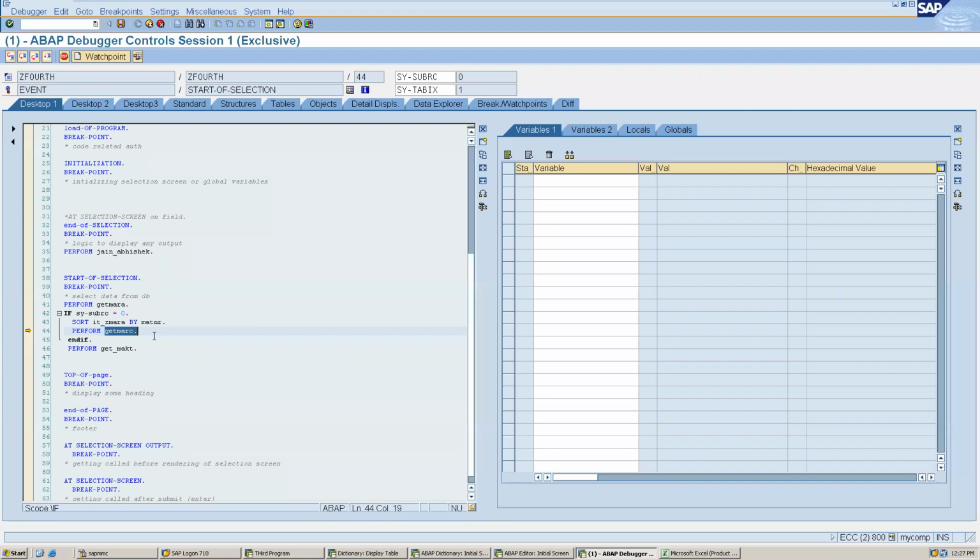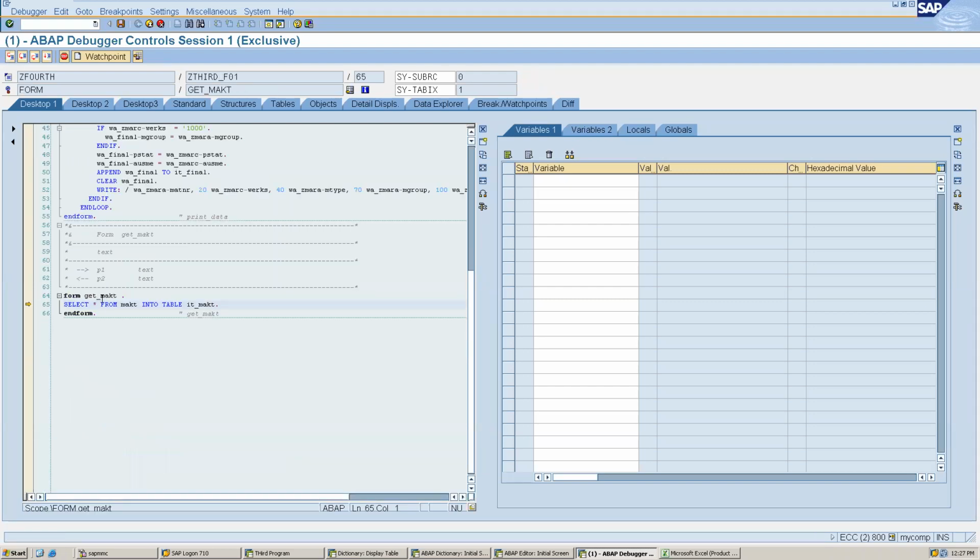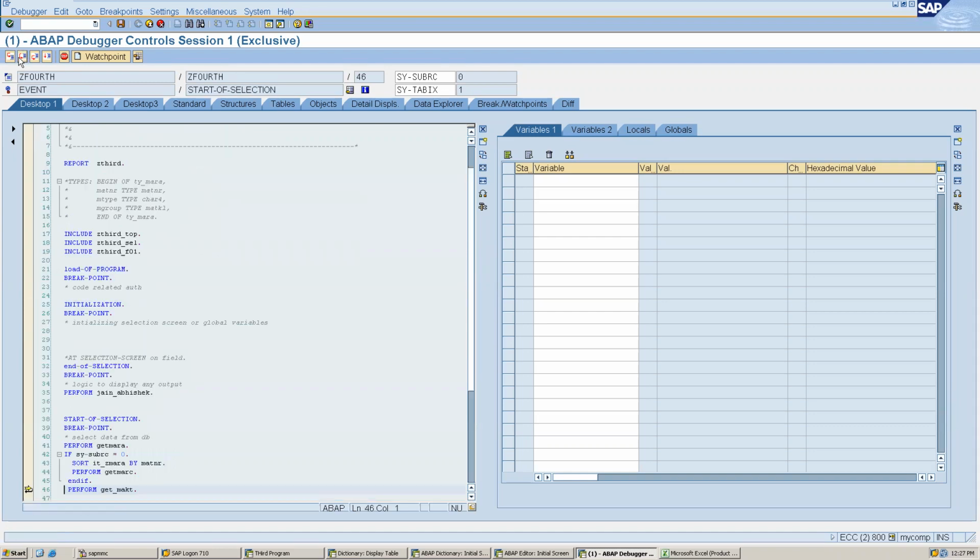So what I was saying, if I press F5, it will get inside. If I do not want to debug inside, I can press F6. It will execute the code written inside this perform and come to the next point. It won't go inside. So let me press F6. You can see here, it has come to the next statement, right? Because it has not gone inside. But if I go inside, I can come here. Any doubt here? And if I do F6 or F5, it will execute this and come out.